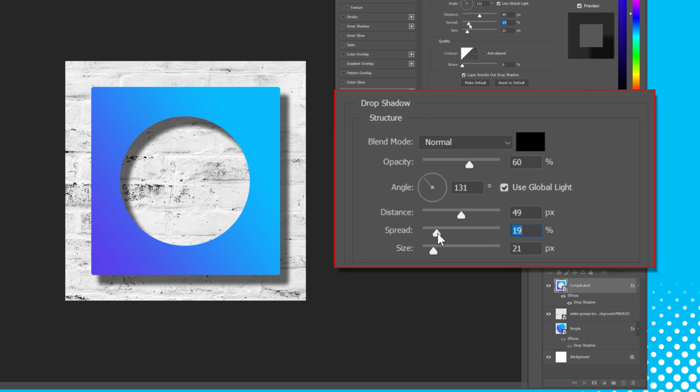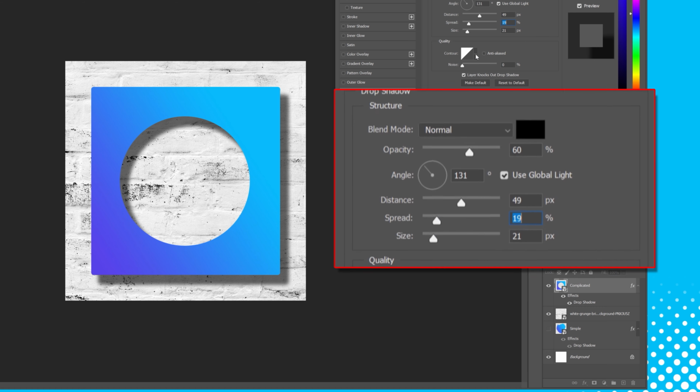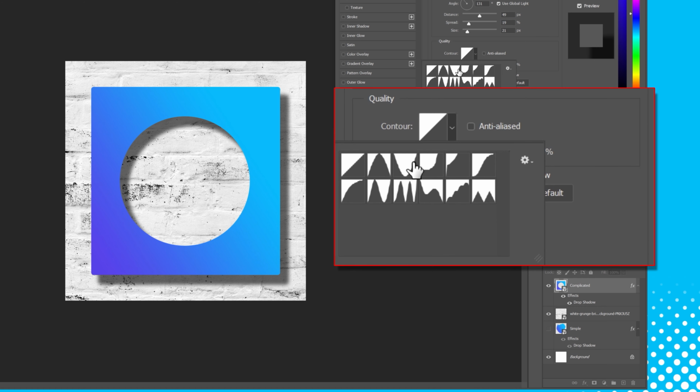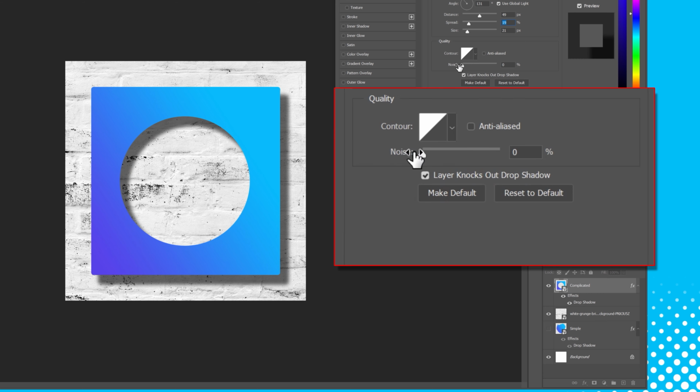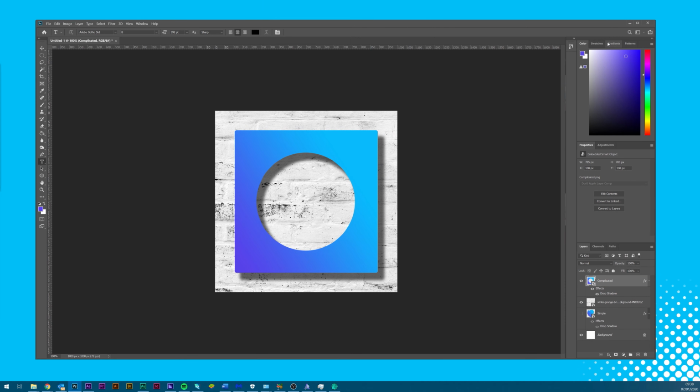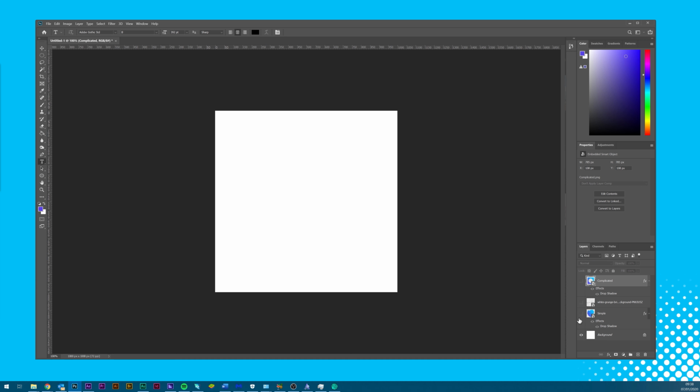Below the Structure section, you have the Quality section, where you can change the contour and add noise. Contouring is usually less for traditional shadows, but more for a stylistic enhancement to things like text. So that's the most basic way of manipulating drop shadows. But whilst the built-in tool was brilliant for basic use, graphic designers would prefer to create manual shadows that are manipulated perfectly. So another way to add a drop shadow is via the duplication method.